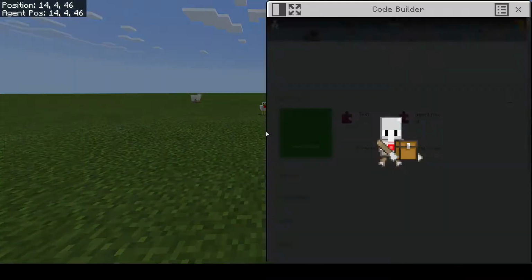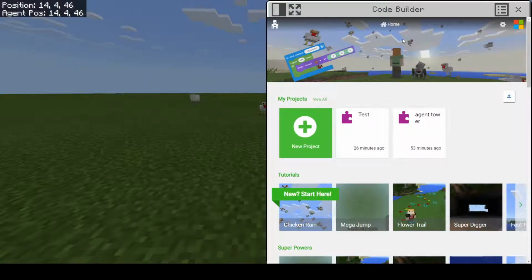And you will then get taken, so it might bring you to a separate screen before this one that has a list of options of different types of code builder that you can use. I think it's the top one that you need to select, which is possibly called something like make code or something similar. And we are going to be using the Microsoft one to build our first program in Minecraft,